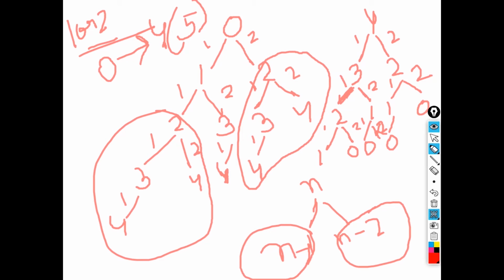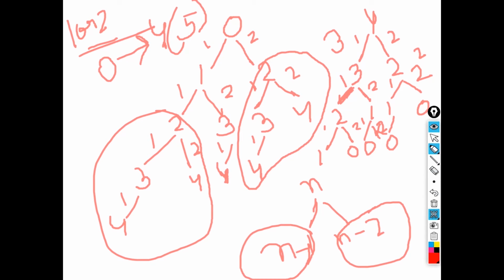So how many ways can we create 3? This 3 can be created by 1 2, this is one approach, a second approach, and a third approach. So 3 can be created in a total of 3 ways. Now this 2 can be created in one way and two ways. The sum of these two is the total number of ways. So clearly, the total number of ways of reaching n minus 1 and n minus 2, summed, would be the number of ways to reach n.